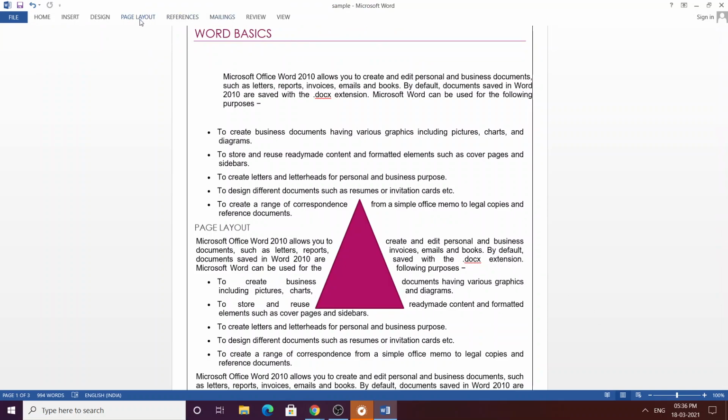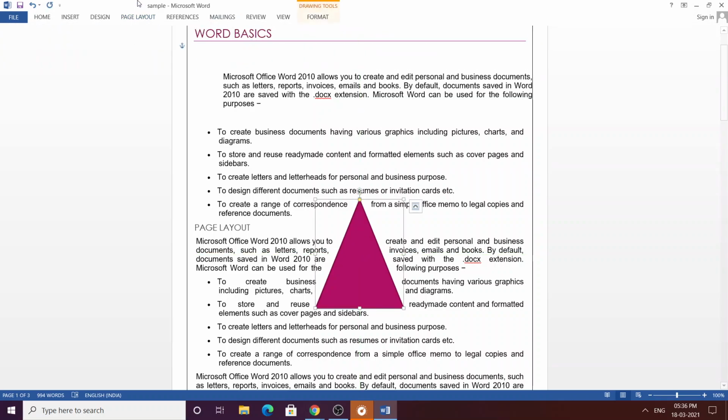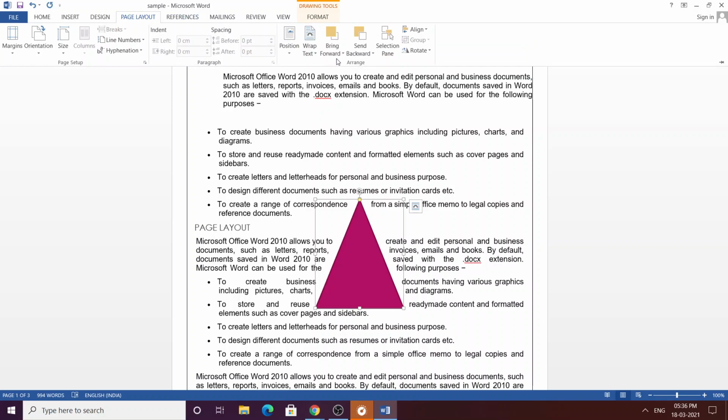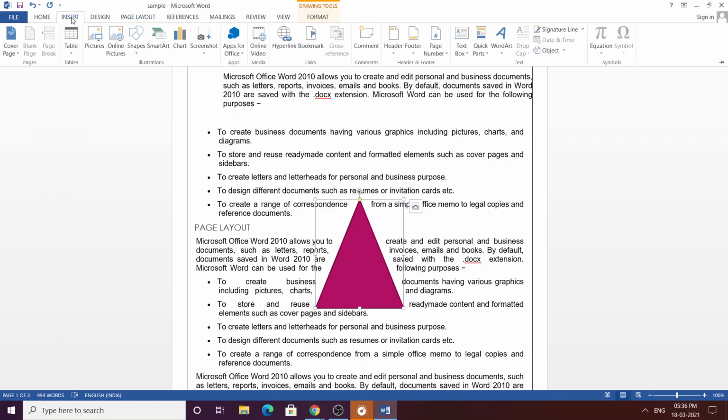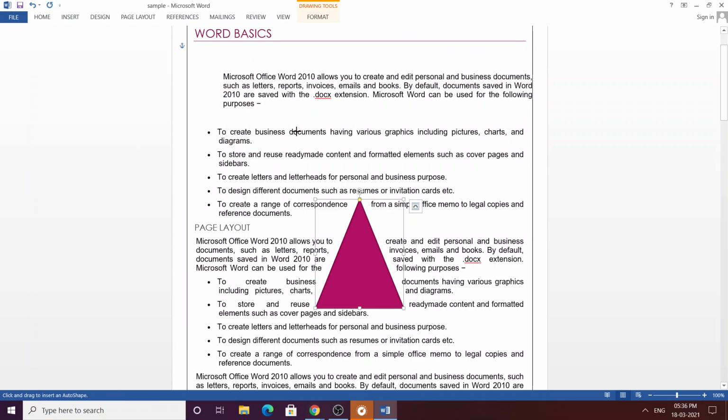The next option is bring forward. If I have given too many shapes here, then we can see. I'll show an example by inserting another shape here. Click on insert shape, some ellipse here, and I'll drag here. So you could see that I have pasted two shapes here, and the triangle is at the back.